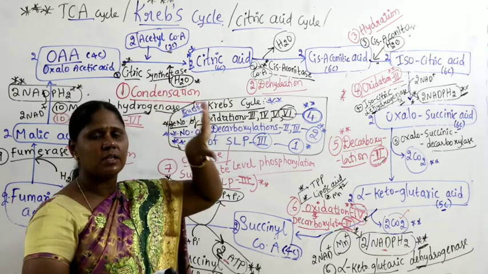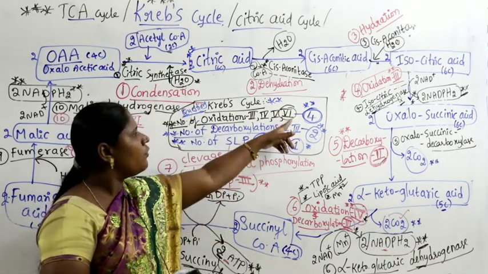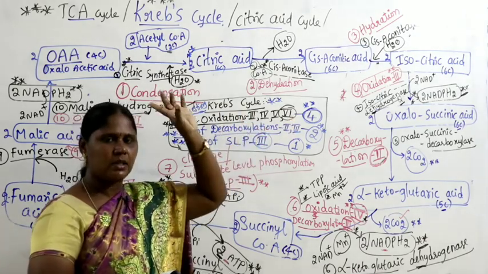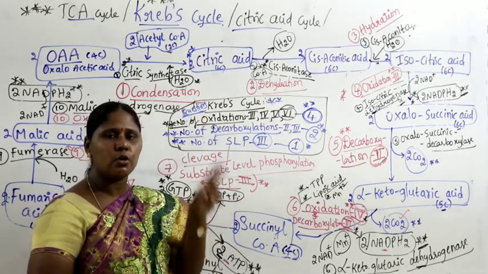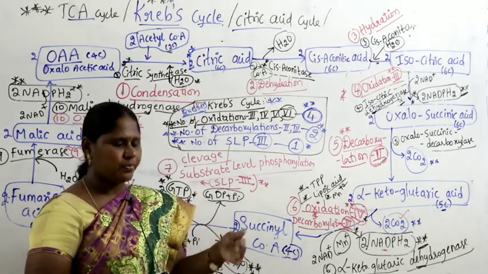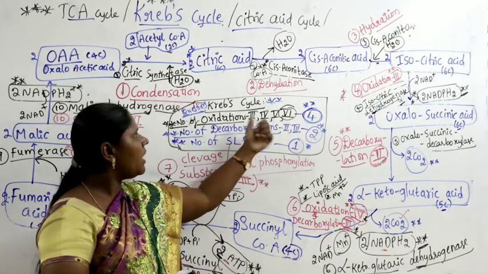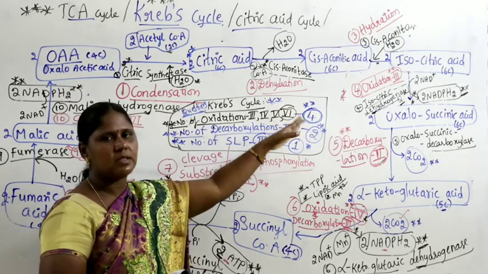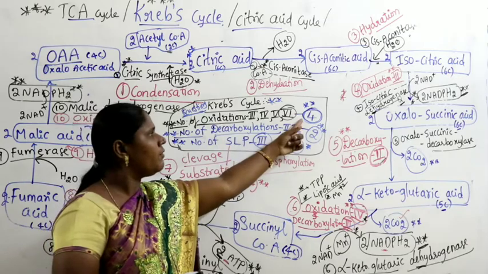Altogether 6 oxidations happen in aerobic respiration. Among the 6 oxidations, 4 happen in the Krebs cycle, because oxidation number 1 happens in glycolysis. Oxidation number 2 happens where? In the link reaction. Numbers 3, 4, 5, 6 happen in the Krebs cycle. So if the question is the number of oxidations in the Krebs cycle alone, you have to take 4.